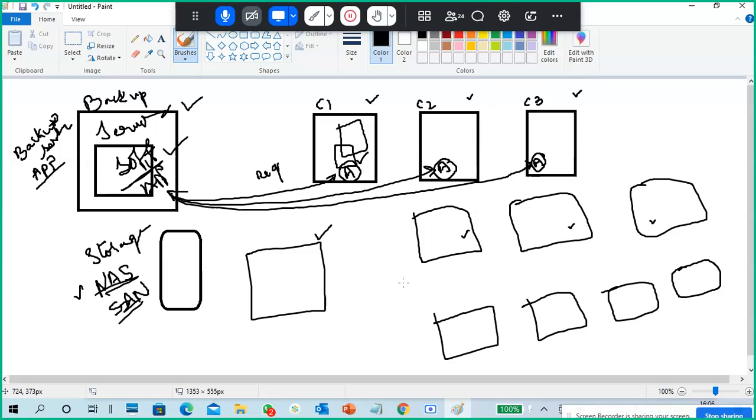If 100 computers are there, 200 computers, or maybe 300 devices, it is very difficult to go to each and every device. So what I do is install software on one PC, and through this software I can view all the machines' information on my single screen.